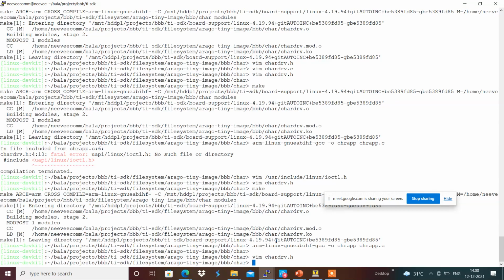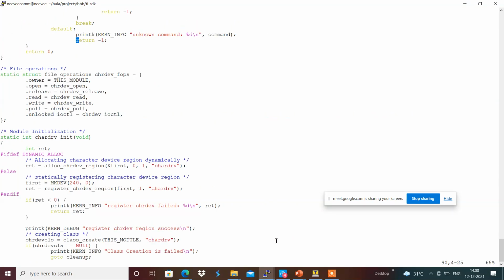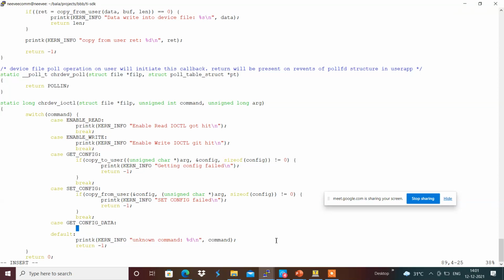For example, we will be using this case get_config_data, which will be something like if copy_to_user, with the unsigned character star argument we are passing, and we will be having the config_data, with size of struct config_data.